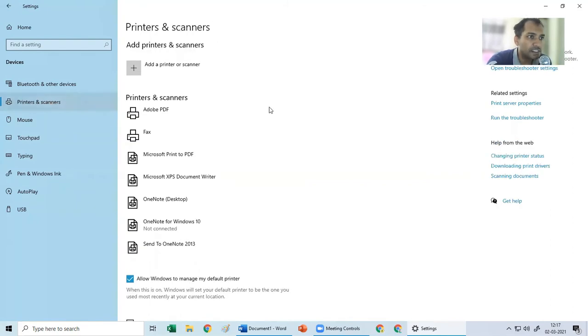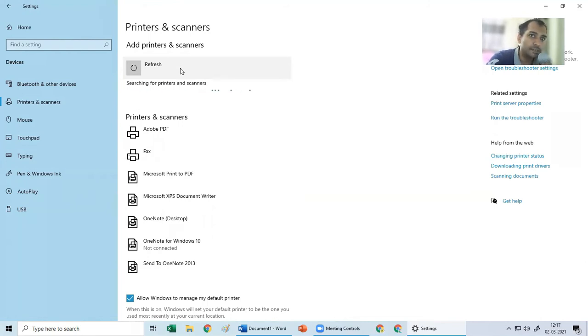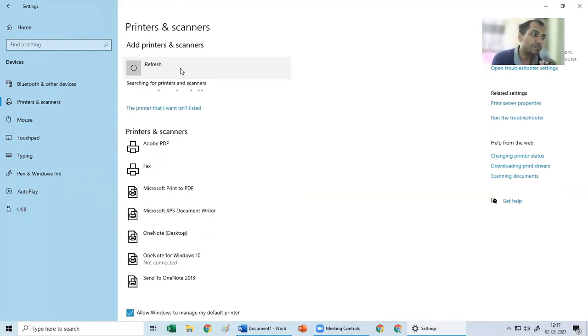So next is printers and scanners. Here you can see different kinds of printers are available. These are by default printers, even though I don't have any printer installed at my home. But these are the printers where you can convert the things into a PDF or you can fax them and such things. But in case you have a physical printer in which you can take printouts, so you can click on add printers and it will start searching for the printer in the nearby. It may be a wired connected printer or a wireless printer, but it will automatically start searching for it. Wireless printers, remember, have to be connected to the Wi-Fi so that it is able to detect it. So that's about printers and scanners.